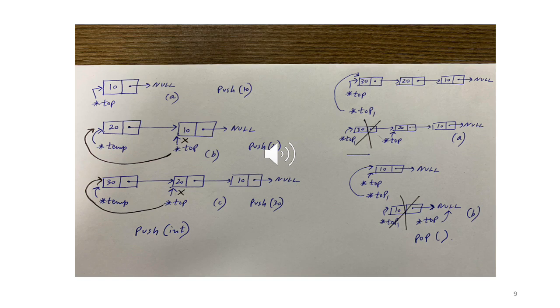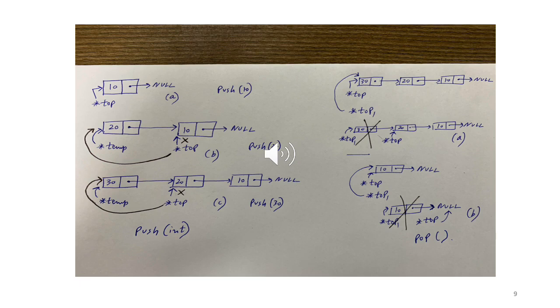So now, when we are popping, we check whether top is null or not, because if top is null, there's no need to do a pop. So we say if top is null, printf error cannot remove from empty stack, return. Else, if the stack has at least one element, in our case we have 3, we execute the else part. Top is top arrow pointer. Of course you have to change the top. What is the top now going to be? After we delete node with info 30, the new top will be the node with info 20.